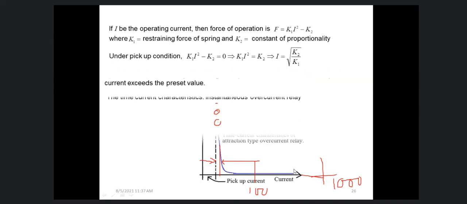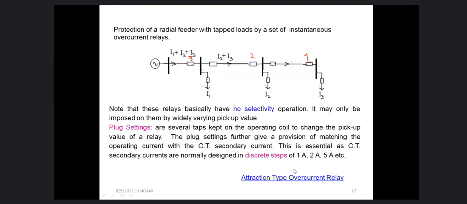So if for I3, relay number 1 is operating at 10 millisecond, then say fault in this section, the current is I2 plus I3, then this relay will also operate at 10 millisecond. But that should not happen. If the current is I2 plus I3, this should operate at less than 10 millisecond. It would be better, because that is a more fatal fault. And similarly for relay 3 also, but that will not happen in case of attraction type overcurrent relay. That means there is no selectivity. It cannot select. It will operate for all types of zone in the same way.